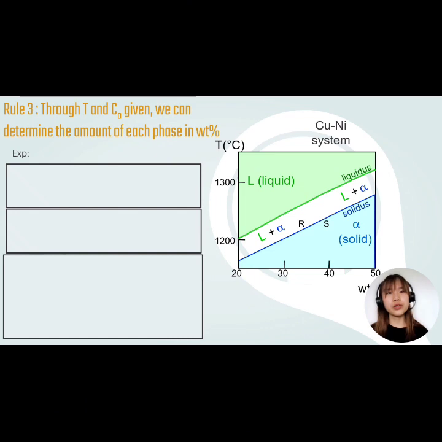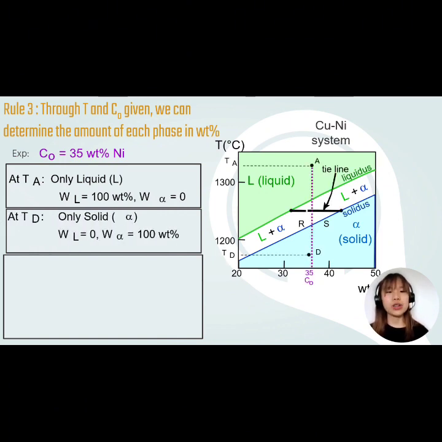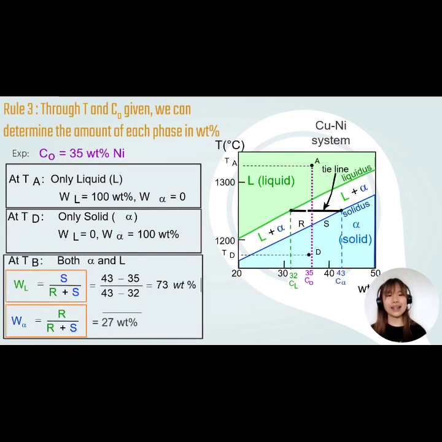For rule 3, through temperature and composition given, we can determine the amount of each phase in percentage by weight. For example, given the composition as 35, at temperature A, where there is only liquid phase, the percentage by weight of the liquid will be 100%. And at temperature D, which is only solid phase, the percentage by weight of the solid will be 100 as well. And at temperature B, which has both solid and liquid phase, we can calculate the percentage by weight using